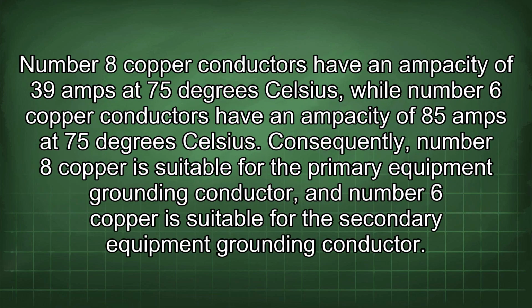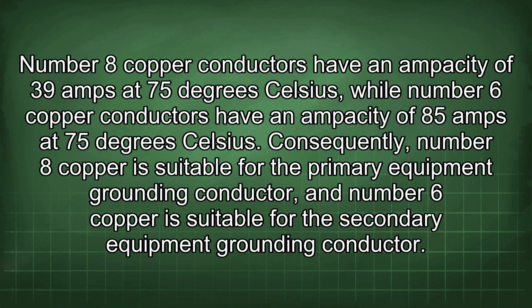Number 8 copper conductors have an ampacity of 39 amps at 75 degrees Celsius, while number 6 copper conductors have an ampacity of 85 amps at 75 degrees Celsius. Consequently, number 8 copper is suitable for the primary equipment grounding conductor, and number 6 copper is suitable for the